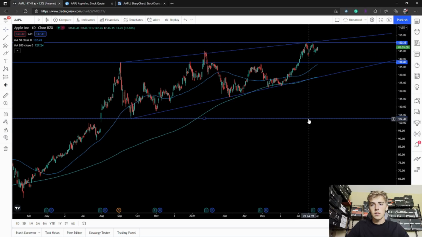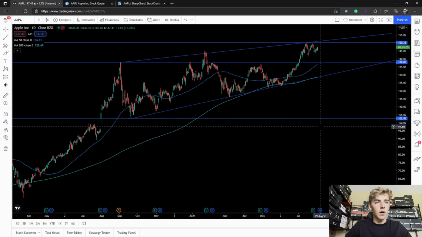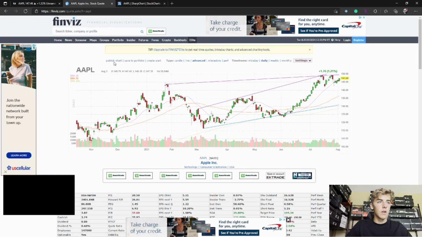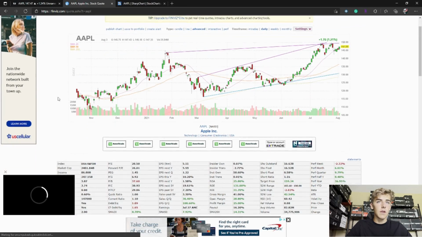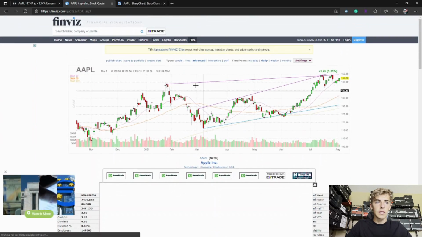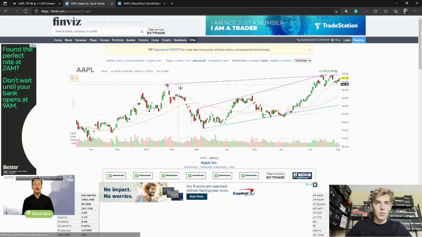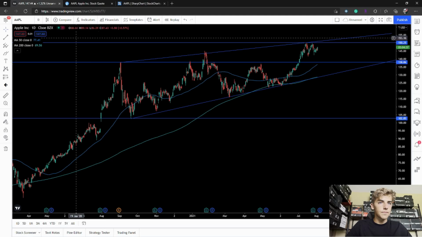Now, I did this just by hand. But if you don't actually know how to do all this and you find it hard, and this didn't help as much as it should have, then what I would use is finviz.com. Now, Finviz, free resource. It's very, very nice because it does have trend lines and support resistance lines. You could see the general direction I got right, but I did miss out on this line. So you could add that in there